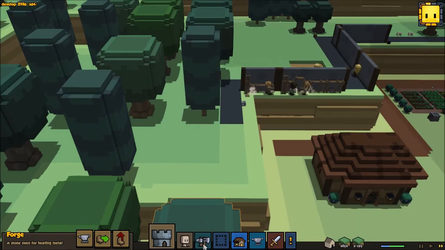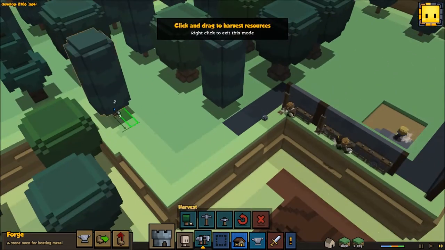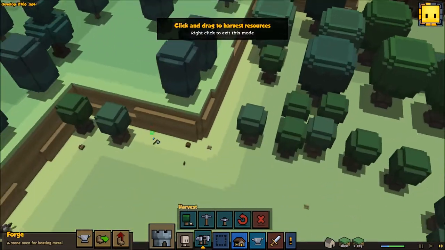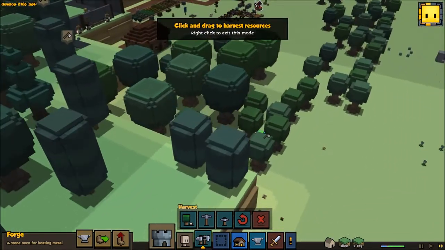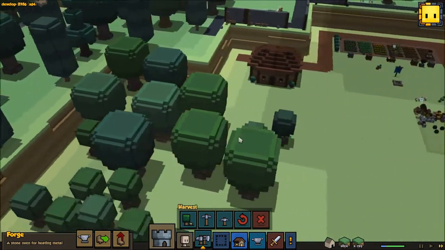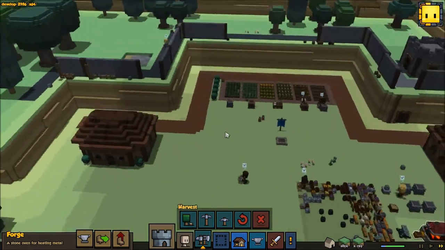So let's look. We know for a fact we need to cut this tree down. And this tree down. And both of these. So that should be a fair amount of wood here for us. I think